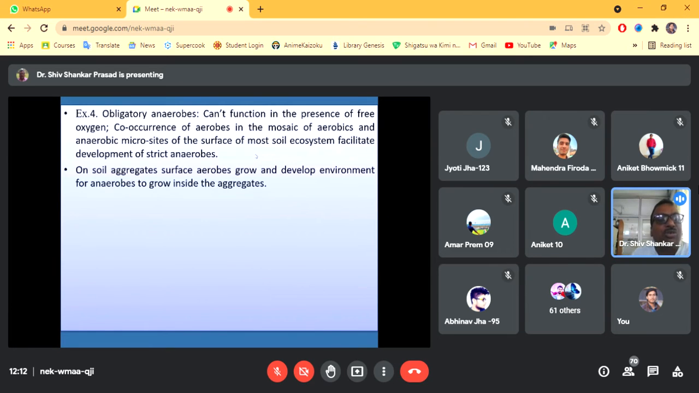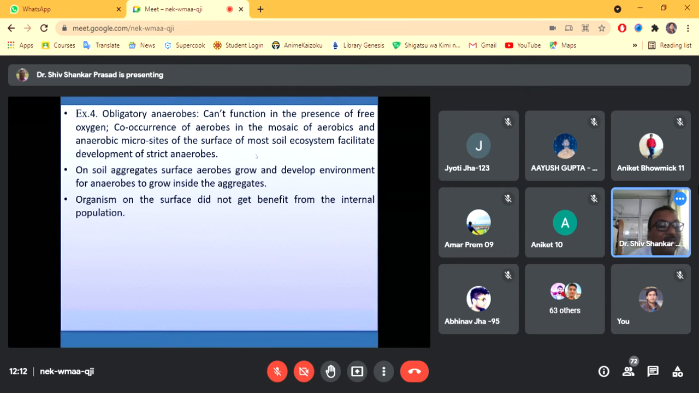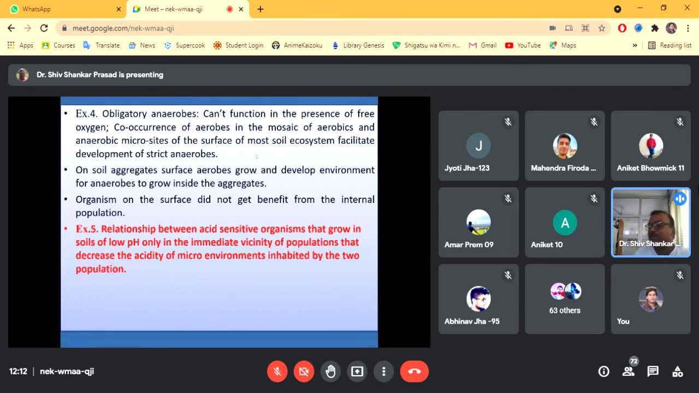Okay, so on the soil aggregate surface, aerobes grow and develop an environment for anaerobes to grow inside the aggregates. The organisms on the surface do not get benefit from the internal population, because inside there are anaerobic microbes, and the suitable environment created by the surface microbes is for them. So the microbes on the surface create an anaerobic environment for the microbes inside, which are anaerobic in nature. Okay, example 5 is